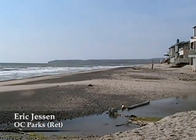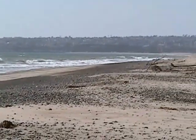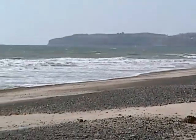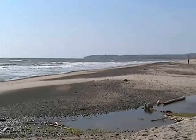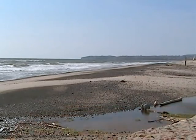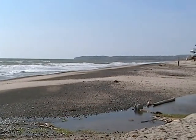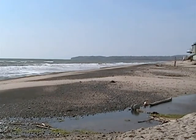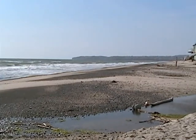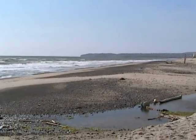We are at Poche Beach in the city of Dana Point. And actually this beach had its inception on April 15th, 1983, when the Smythe Brothers Development Company, who also dedicated Lantern Bay Park to us overlooking Dana Point Harbor, dedicated this beach in return for entitlements to build the 2 adjacent homes. And it's 1 acre in size, just under an acre, and it sits right at the mouth of